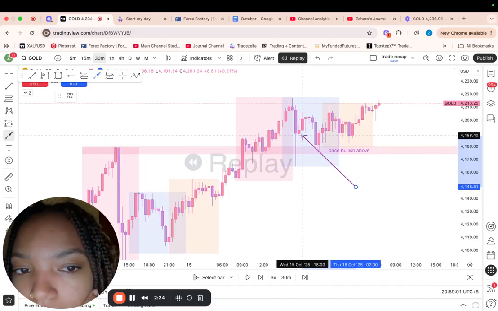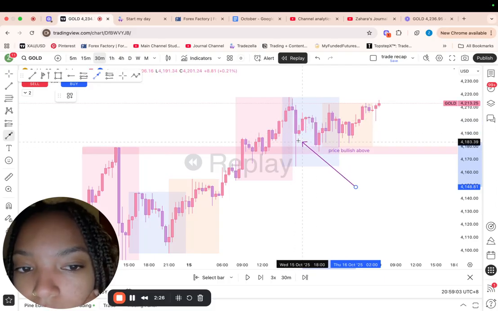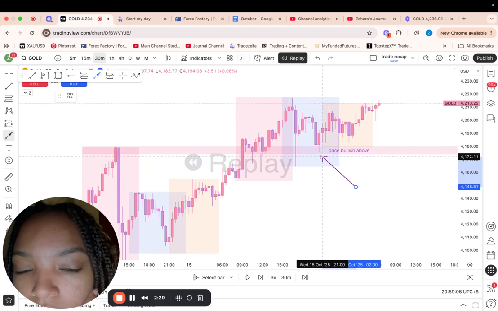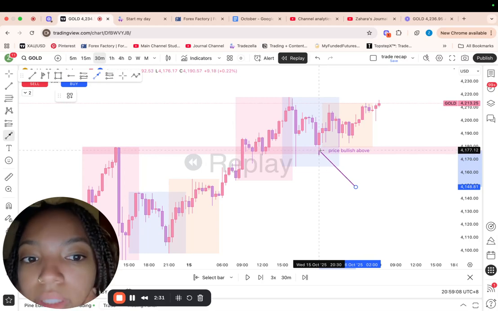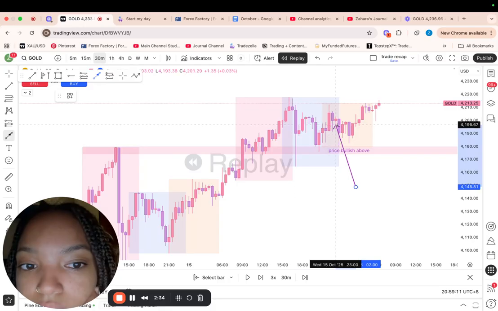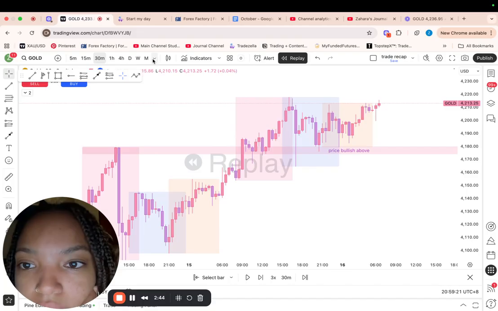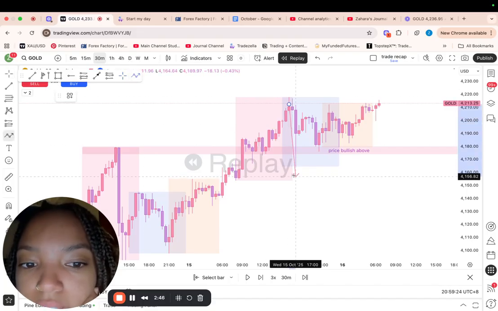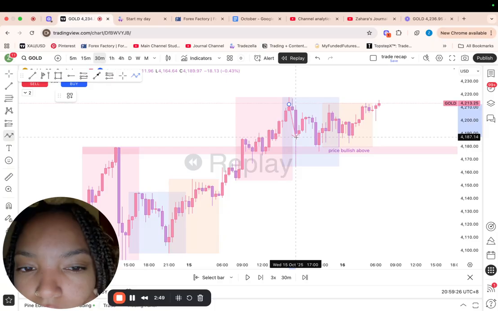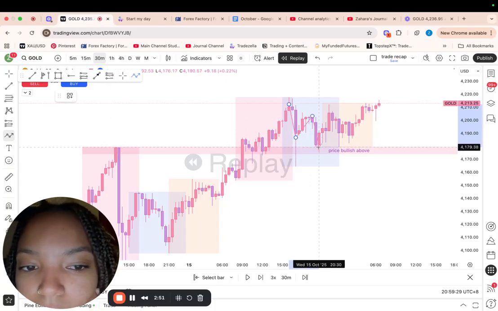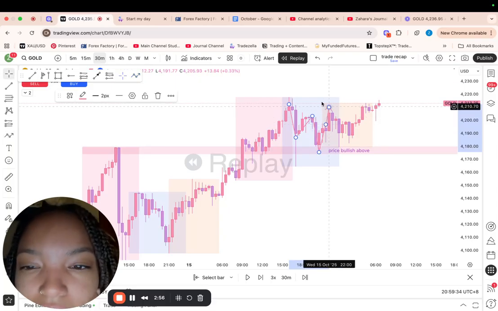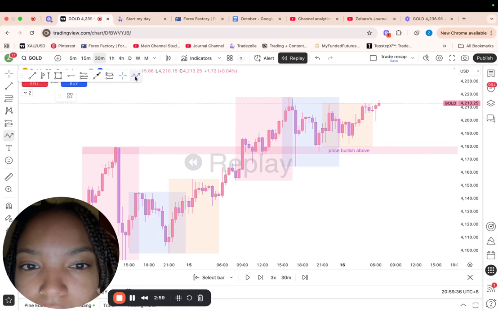So if we're talking about candle closes, okay, we've made a low, a lower high, and a lower low. And that's all well and good, but then price never went and formed a lower high and a lower low. So what I was watching when I was in London session, because this blue thing is London session, I was like, okay, so price clearly made this low, but we can't really take a trade off of that. So we're going to use the candle closes, and we can see it's forming a downtrend. And once it got to this point and it broke this high, I was like, okay, what am I going to do here? There's not much I can do here.